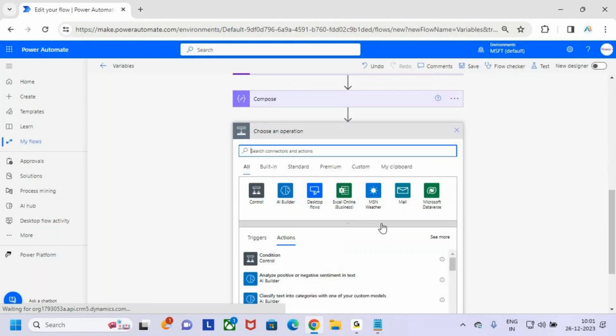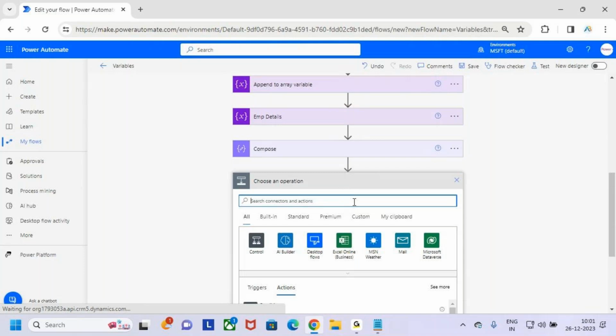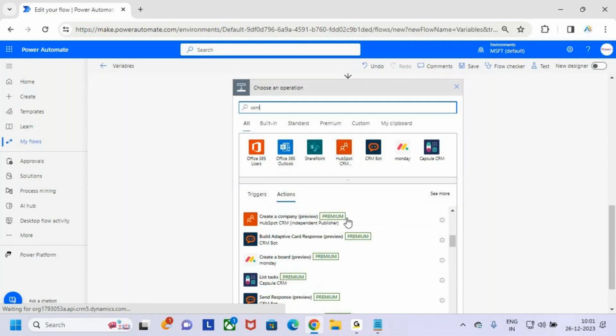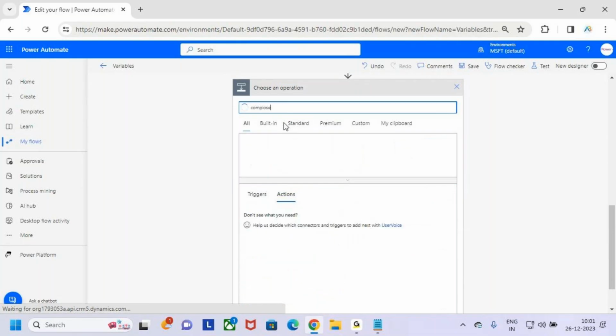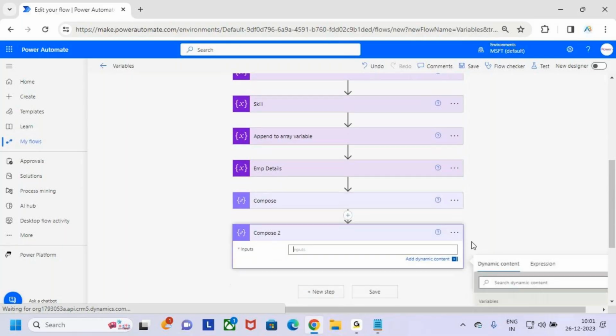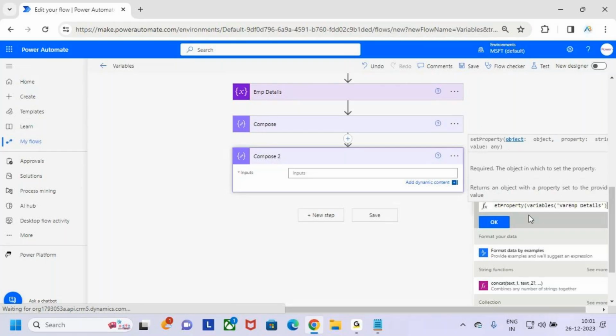Add one new step. Compose. Go to the expressions, use the set property and then paste whatever variable you want to use. Copy and paste that variable here, and then